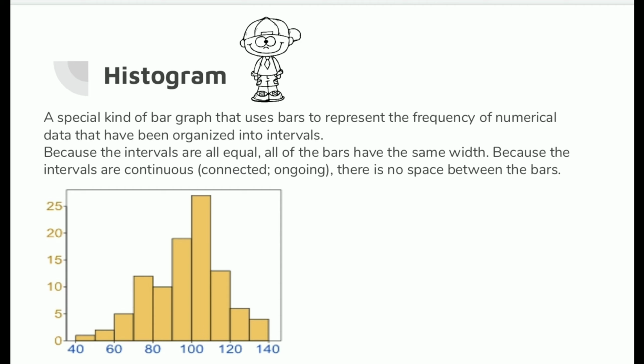So let's go. We have 40 to 50. Then the next bar starts at 50 to 60, then 60 to 70, then 70 to 80, and so on until we reach 140. So this is just an example of how the bars are connected through the use of intervals, and you see there's no uneven interval there. So it's not an interval of 10, then an interval of 15. It's all intervals of 10, and that's what